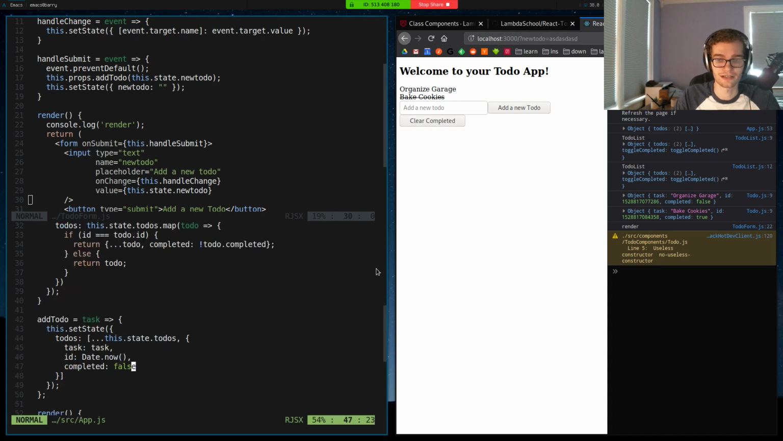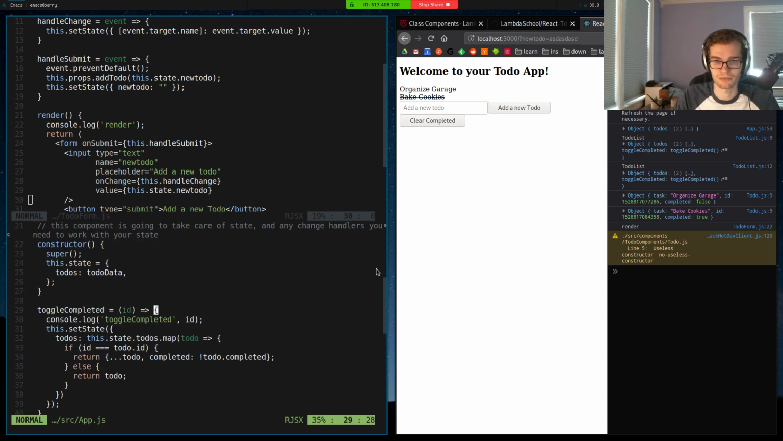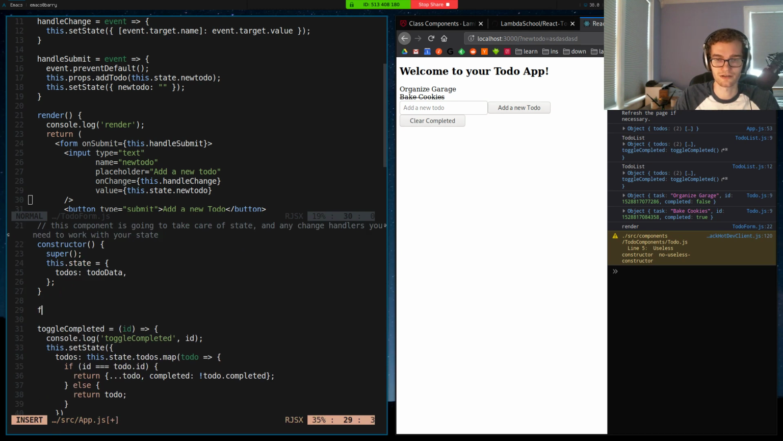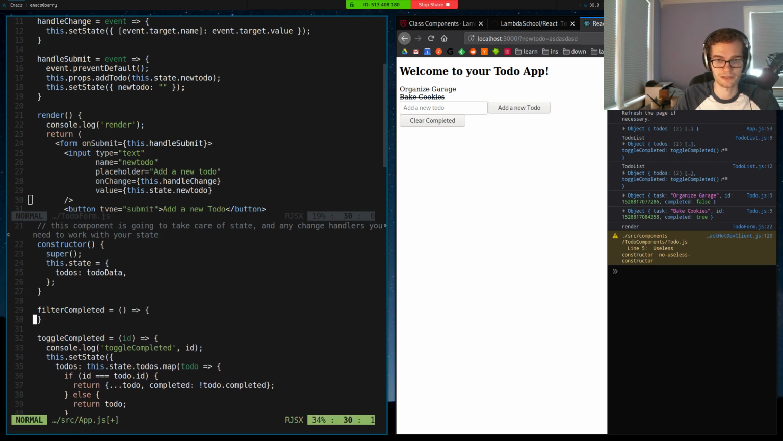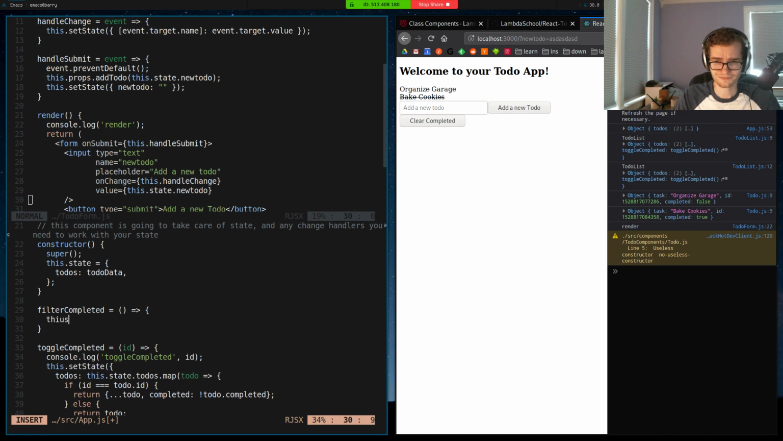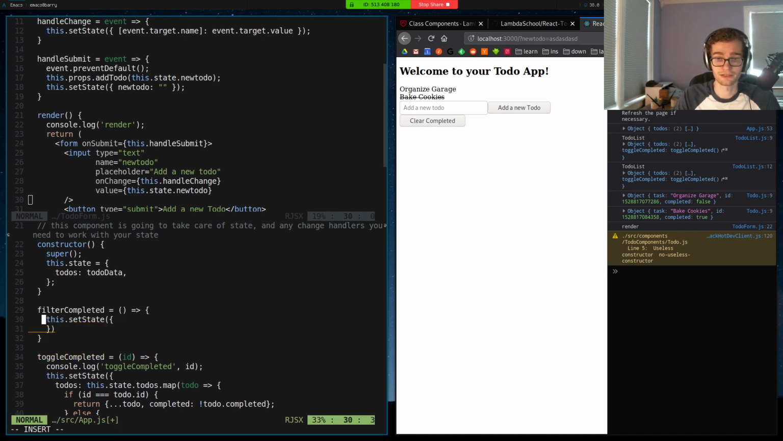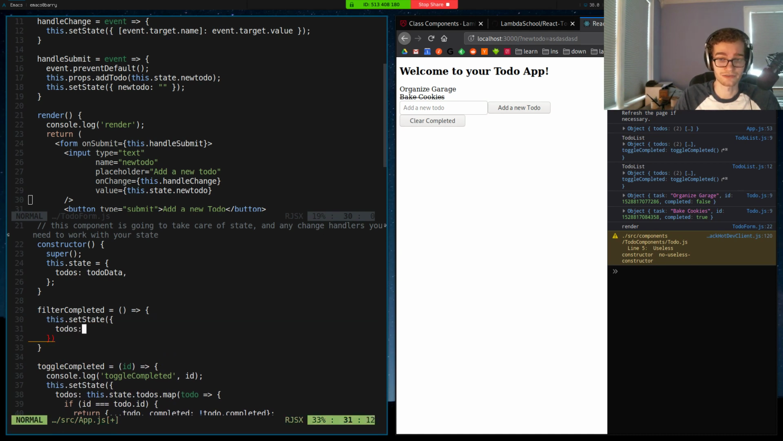So let's go ahead and I'll do this right above my toggle completed. Let's call this filter completed. This is going to be a function that needs no arguments, because all it's going to do is filter over my to-dos array and remove any of them that happen to be completed. So I'm going to call this .setState, and I'm going to give it an object where I'm setting the value of to-dos to be the result of calling this